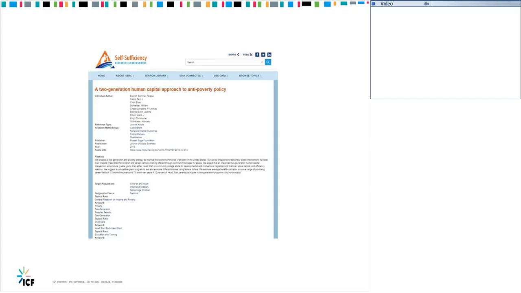So we include the research methodology of the report itself. We also include the target populations that the report is talking about. And then we also have topic areas and keywords and what we like to call our popular search terms, so you can see what this resource is about. This is very tiny on my screen, so hopefully it's not tiny for everybody. This resource has a popular search term of 2-gen. So you'll be able to click back and forth from the library record to the whole collection as it relates to any of those topics at the bottom. And I'll show how that works a little later.